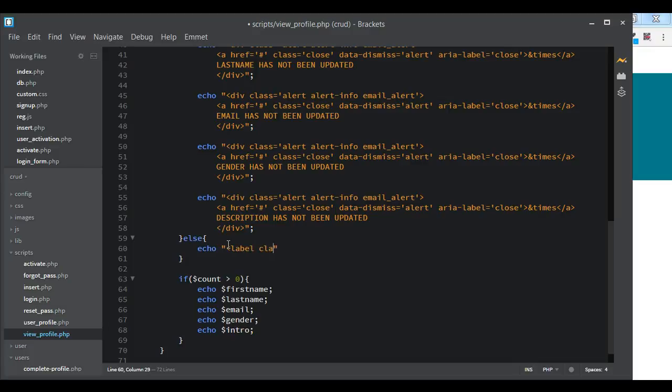We add a label class of control-label. Then we also add col-sm-3 to it. Inside the label, we say first name,